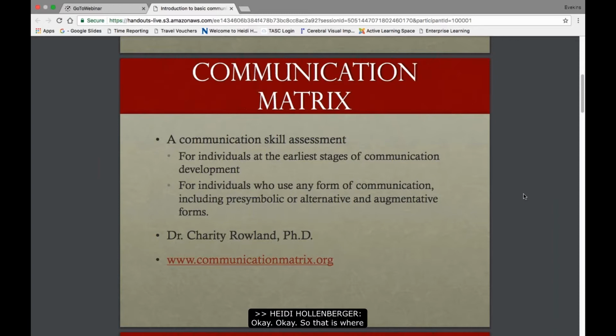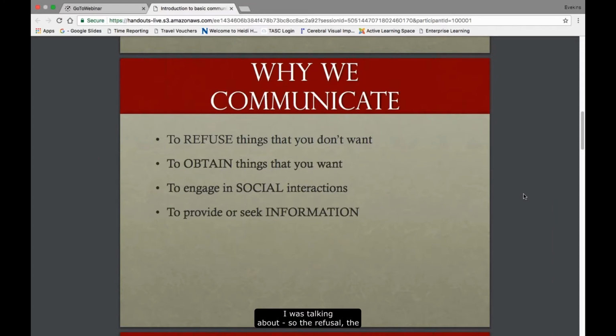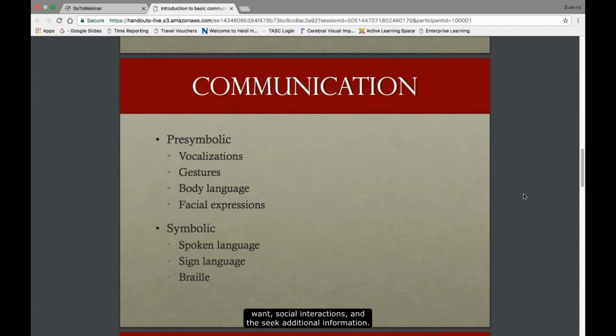Okay. So that's where I was talking about the refusal, the obtain, the social, and the seek additional information. Do they want me to start totally over? Nope, that's fine. You're fine where you are right now. So we were talking about the refusal, obtaining things you want, social interactions, and seeking additional information.